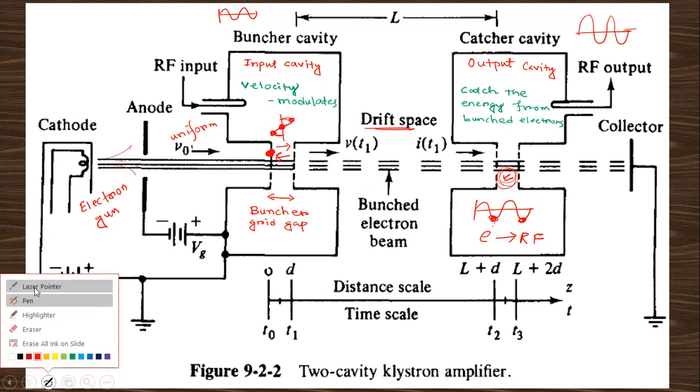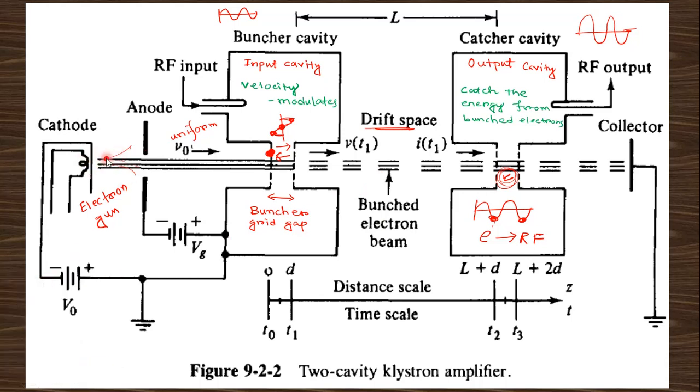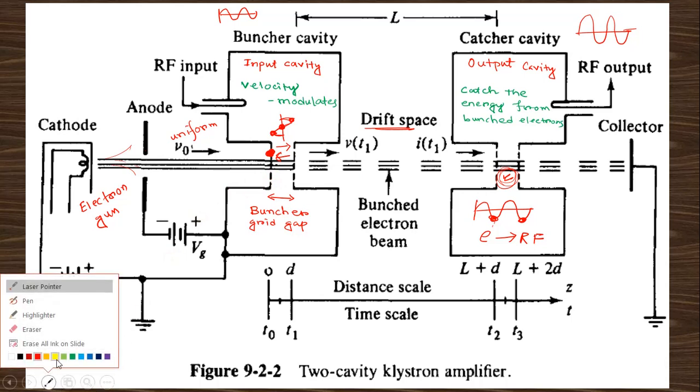That means when the electron is ejected from this electron gun, it is focused by this magnetic field. When it enters the end of this first cavity, this is called the Buncher cavity, because this cavity helps to bunch the electrons. How are the electrons bunched? Think about an example.